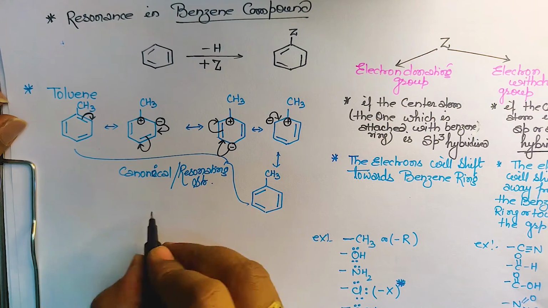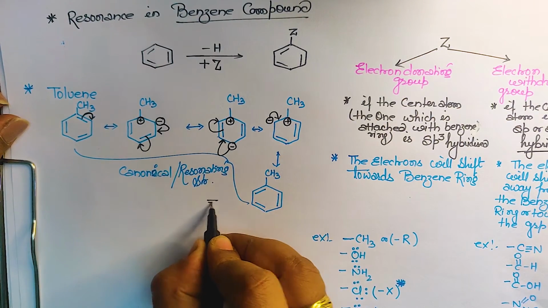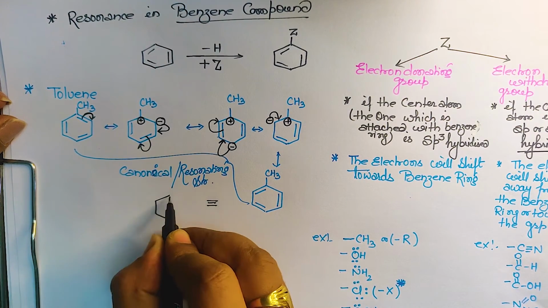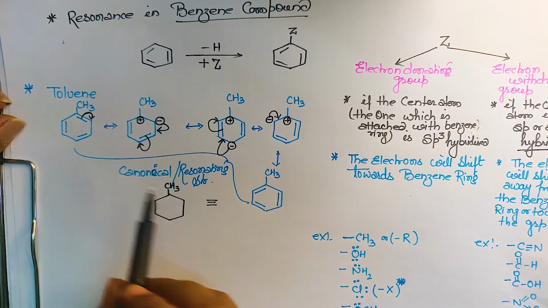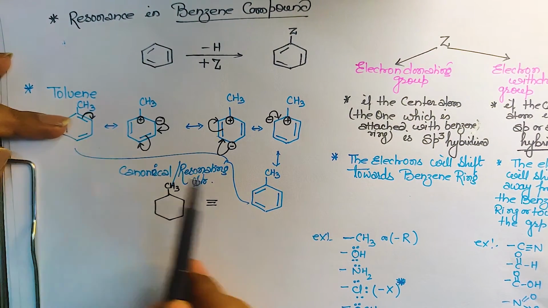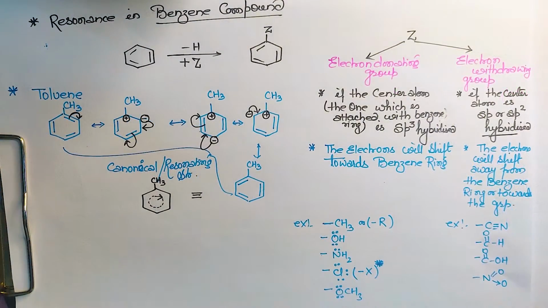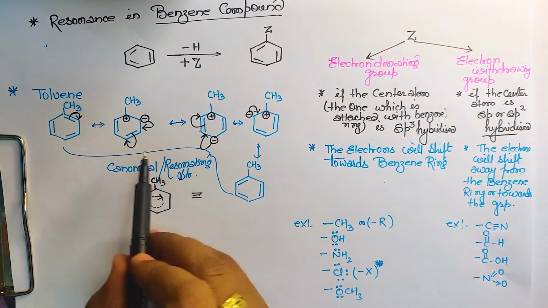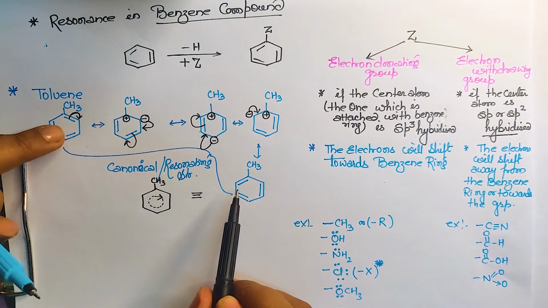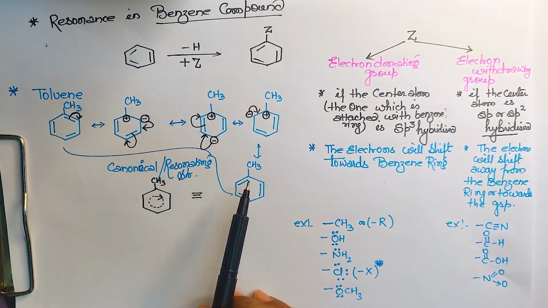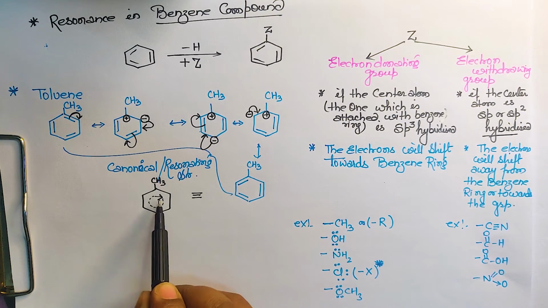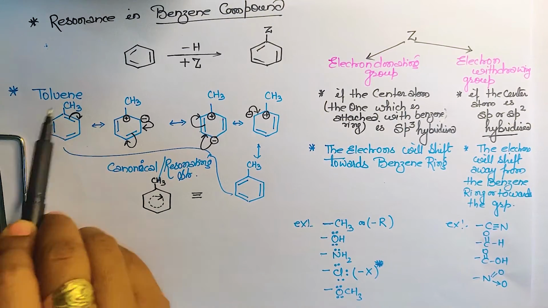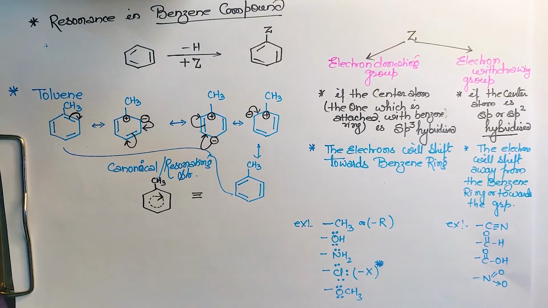If I tell you to make the resonance hybrid, let me draw this triple bond, and this CH3 will remain like this, and this double bond: earlier देखो यहाँ double bond था, अब यहाँ double bond है. So that's why the double bond is shifting. Yes, you can see here it is in between this, and here it is there. So for the resonating structure, I will show the dotted line and the arrow showing how it is moving. It is moving in the clockwise direction. So that's why I have shown the arrow like this. Got it? Is it clear?